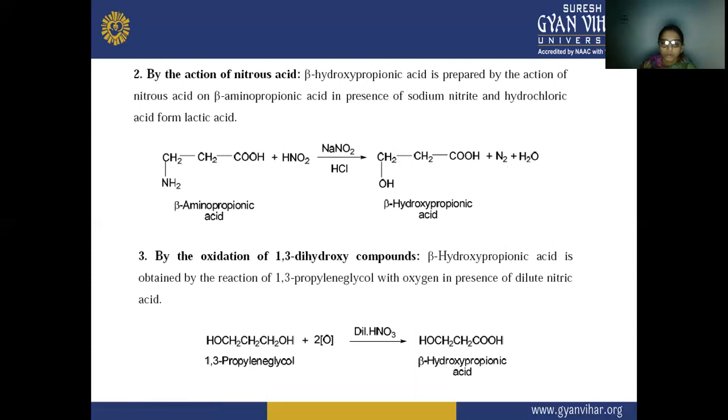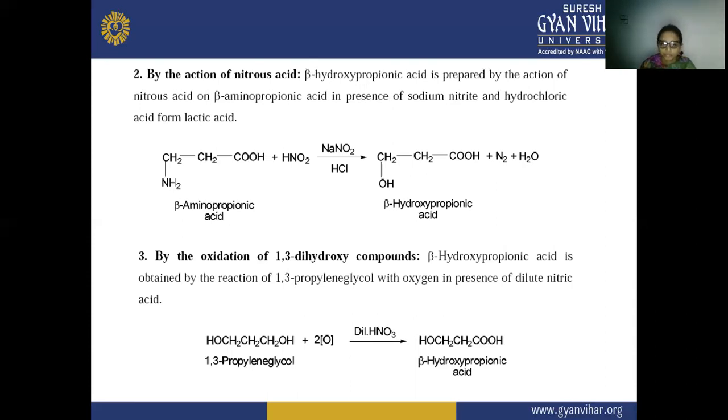Next is the third method, by the oxidation of a 1,3-dihydroxy compound. Here the 1,3-dihydroxy compound is oxidized, and there is a formation of beta hydroxypropanoic acid. So beta hydroxypropanoic acid is obtained by the reaction of 1,3-propylene glycol with oxygen in the presence of dilute nitric acid. So here you can see this is your 1,3-propylene glycol, and we have taken dilute nitric acid, and when this propylene glycol is oxidized,